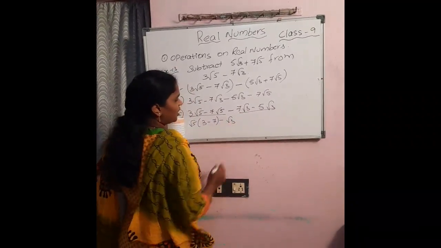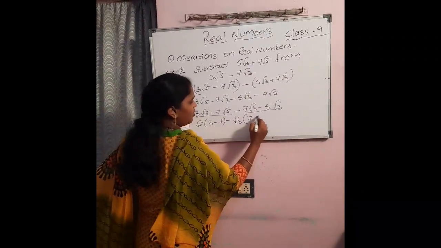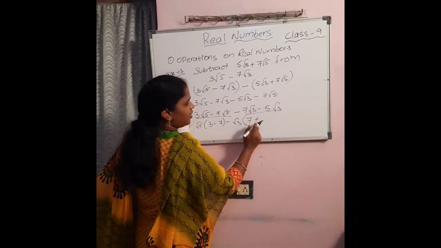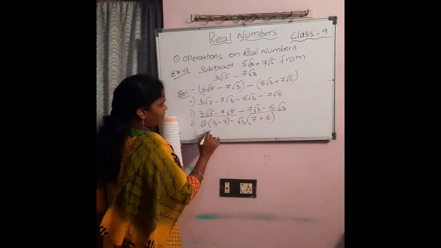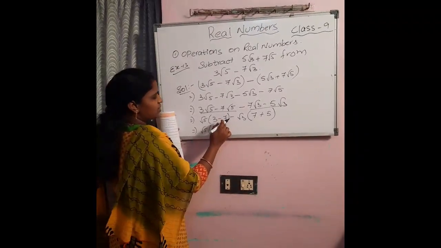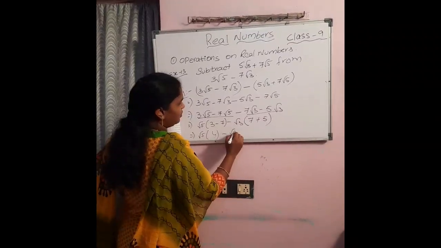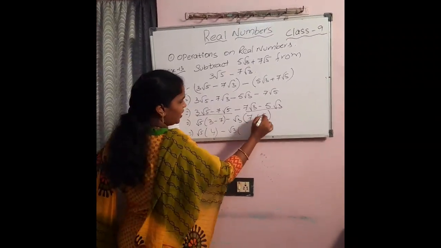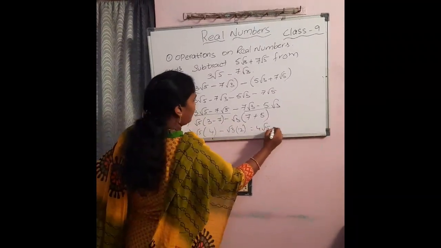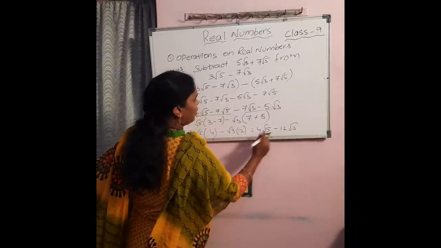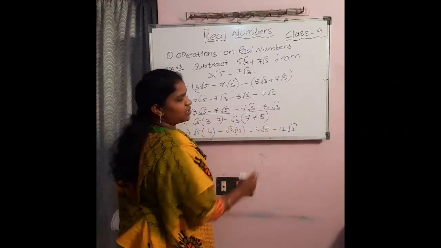From both I take minus as common. So I can see that both are minus. So 7 plus into minus, minus. So I have to take plus here. So root 5 into 7 minus 3, that is 4, minus root 3 into 7 plus 5, that is 12. So our answer is 4 root 5 minus 12 root 3. Always write the number first, then the root values. So the result is 4 root 5 minus 12 root 3.